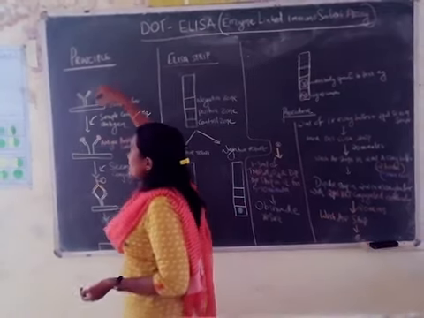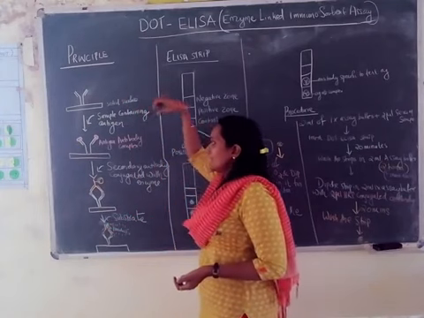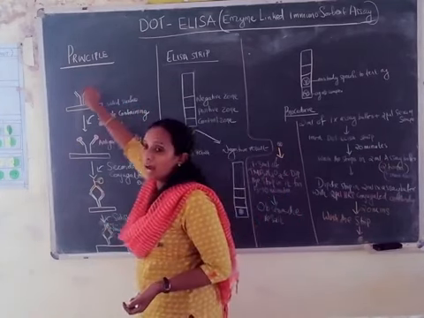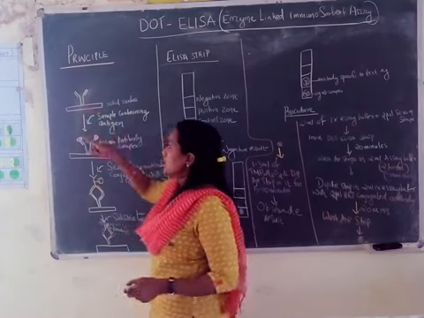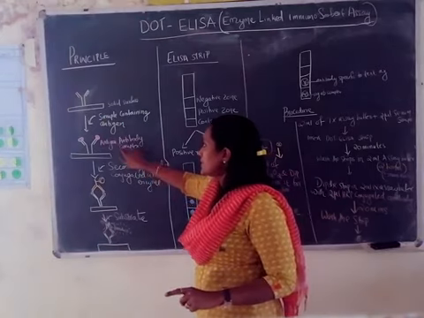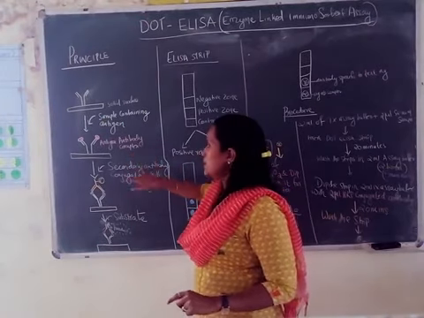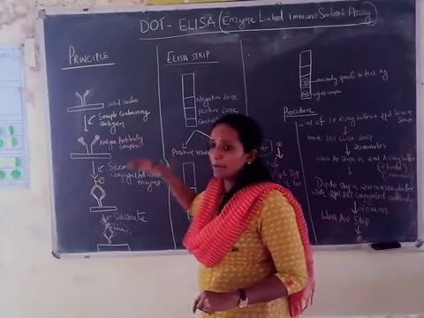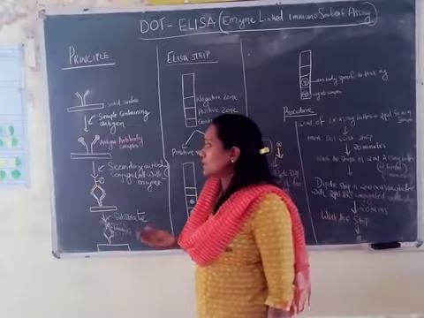Now, when you dip this ELISA strip into a sample containing antigen, if antigen is there in the sample, the antigen will bind to the antibody and it forms a complex. What is that complex called? Immune complex, or it is also known as antigen-antibody complex. Fine. Once the antigen-antibody complex is formed, all these things will take a little time. 10 to 20 minutes of incubation time is there.